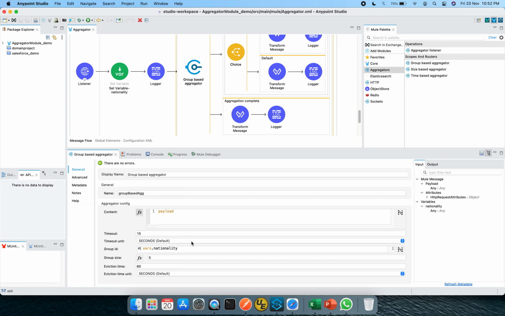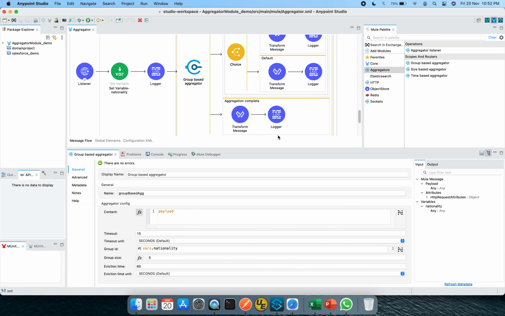As soon as the 5th time the same payload with nationality as India is sent, it will consider the group size complete and the aggregation flow will get executed. I will cover this particular use case in our configuration as well.